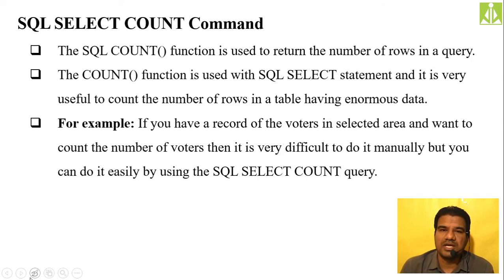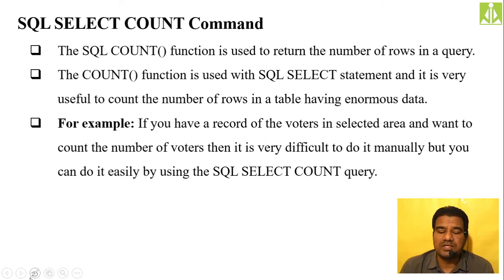Let us say I am writing SELECT * FROM EMP WHERE employee name is John. Here, SELECT * means all fields, all columns, are selected, but your count will not count the columns. It will count the rows. However many rows your SQL query has selected, it will simply count that and print that count on the output screen.